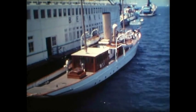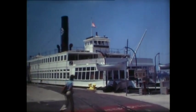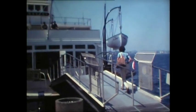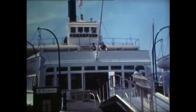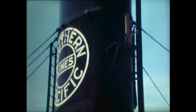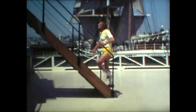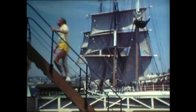The second of the ships to visit is an entirely different kettle of fish. The Berkeley launched at the latter end of the last century. She served as a ferry between San Francisco and Oakland. She carried, though not in the same comfort, nearly as many passengers as the Queen Mary. She attained her fame on the 18th of April 1906, evacuating thousands of survivors from the great San Franciscan earthquake